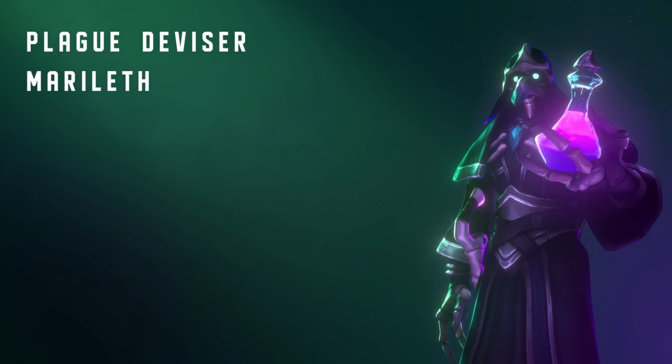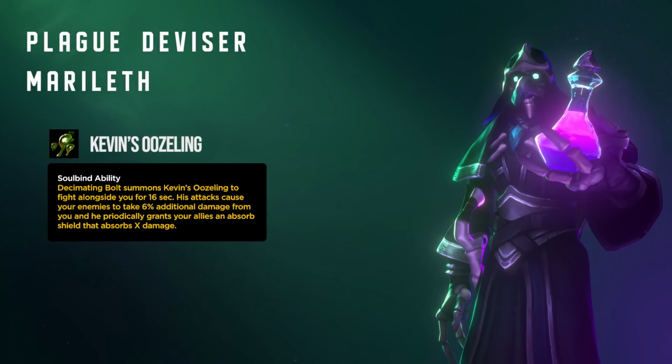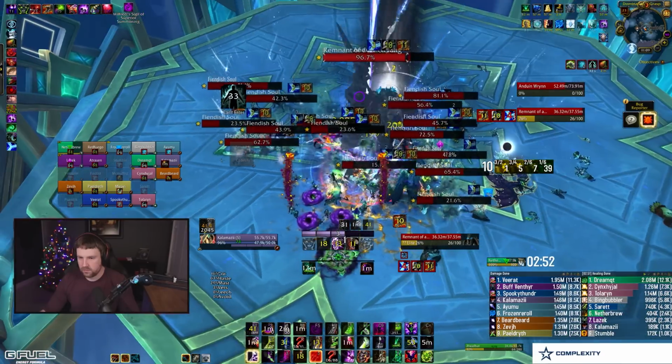If you're playing that version with Necrolord, Plague Divisor Merileth is going to be the Soulbind you want to play, and that is mainly due to his final ability being Kevin's Oozling. It says Decimating Bolt, which is a 45-second cooldown, summons Kevin's Oozling to fight alongside you for 15 seconds. His attacks cause your enemies to take 6% additional damage from you, which means you want to pair this ability